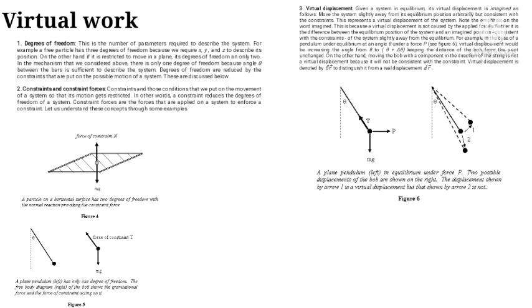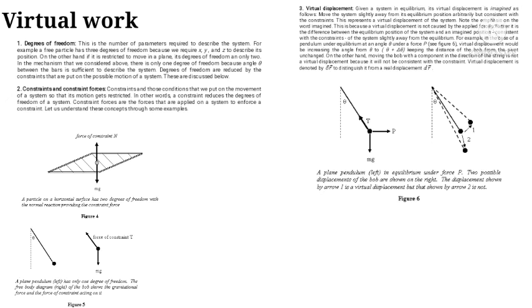Virtual work. The work done by the force F in a virtual displacement is called virtual work. It is denoted by delta W. Note that, from our previous observation, the work done by a constraint force is usually 0. This implies the virtual work done by the constraint force is also 0. Also keep in mind that the work is calculated as F dot delta r, the force dotted with the displacement of the point where the force is applied.